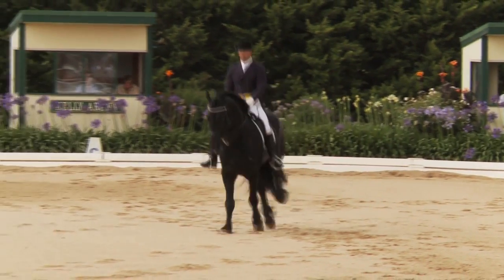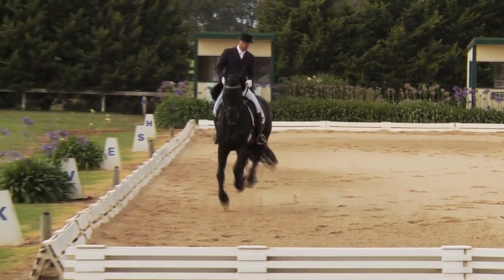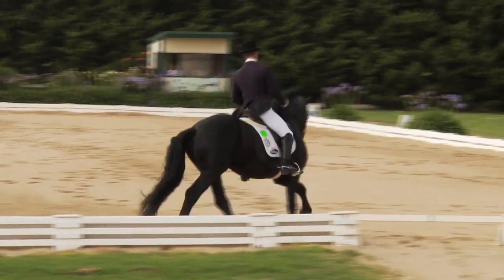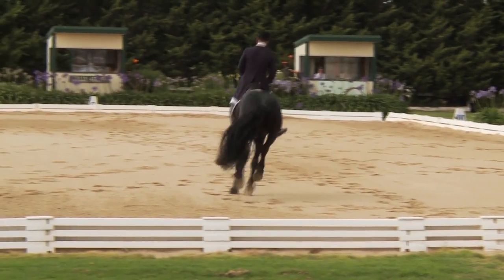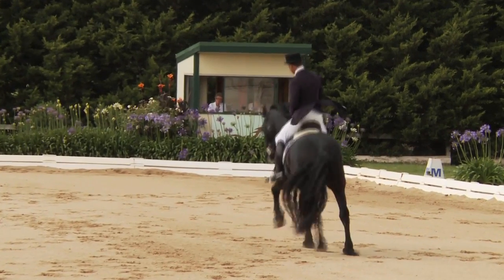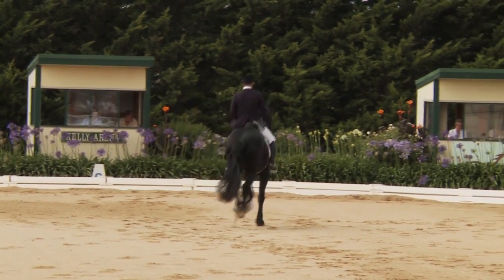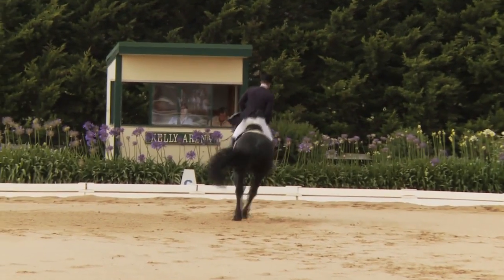High off the ground, very impressive, and covering ground. Could be more truly to collection, the shortening and the higher jumps. So some of the work written in extension, longer strides and jumps, collection, shorter, higher, not less energetic jumps. Little hesitation in the middle of the half passes to the left, could be more parallel there. But again, on a young horse,